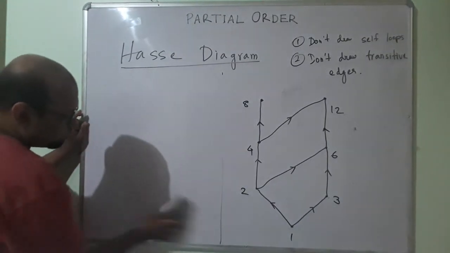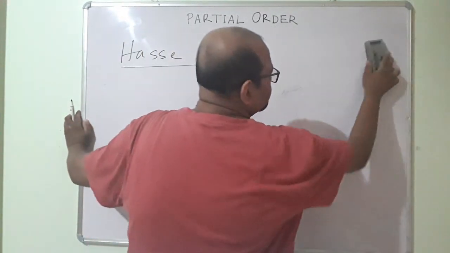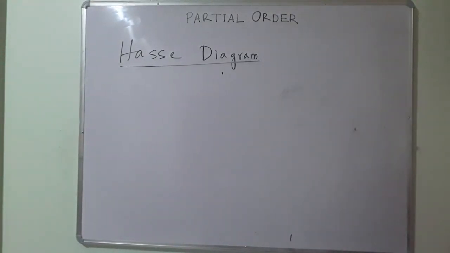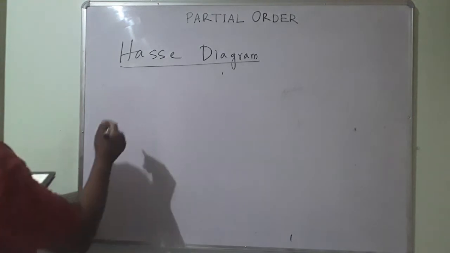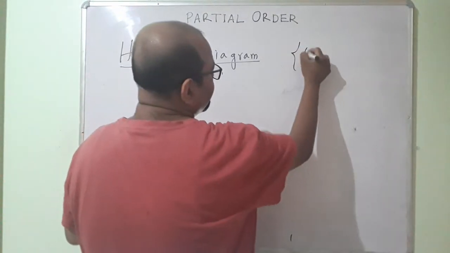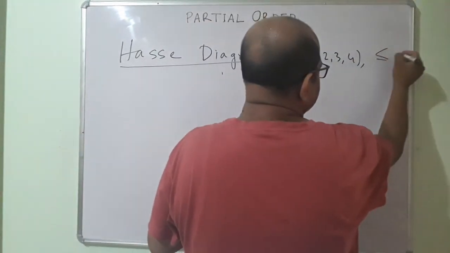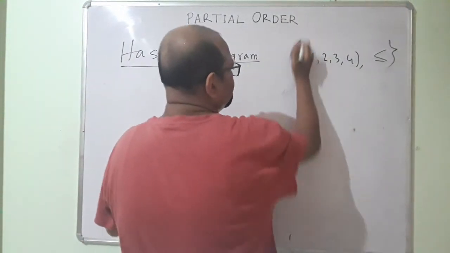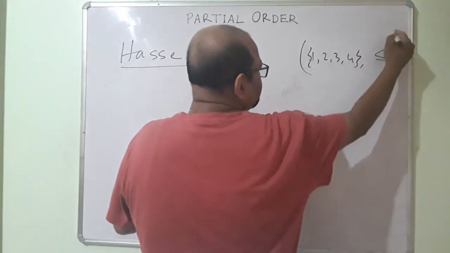let us do more examples of Hasse diagram. Okay, say I have this set and I have this relation less than or equal. Okay, so this will be, sorry, wrong notations. This is the set and this is the poset. Alright,